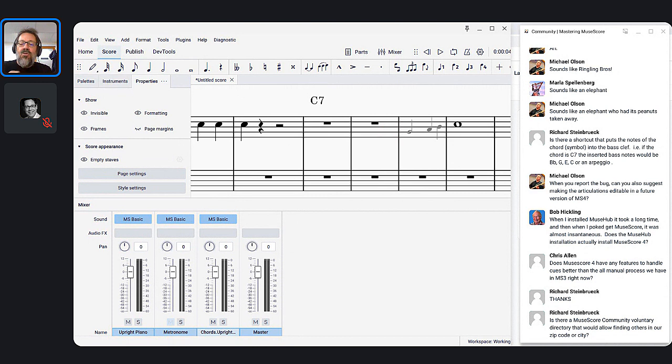But as far as your question, Chris, when I said that there was nothing really new, it's definitely something well known that we want to improve. And I keep using the word we because I still associate myself with MuseScore development, even if I'm not actively involved with it. There are two people who are going to be key to that effort. One is a guy named Bradley and another guy named Simon. Simon is kind of the notation expert. Bradley is the user interface expert. And between the two of them, it is known to be kind of a priority to try to improve things